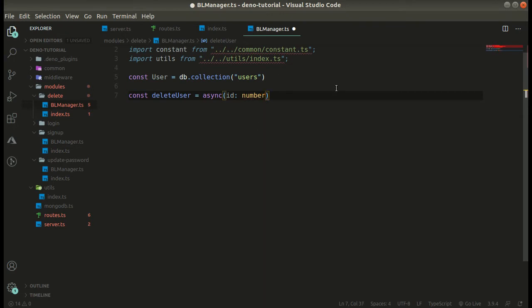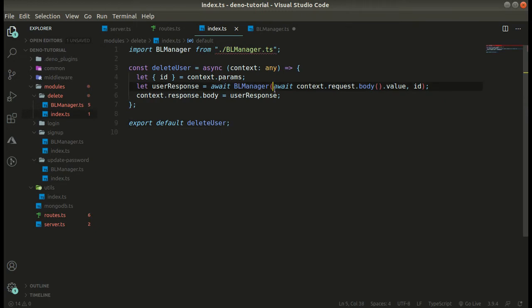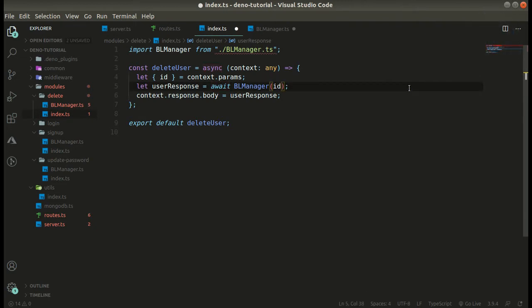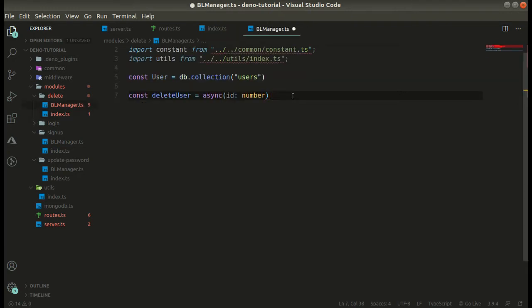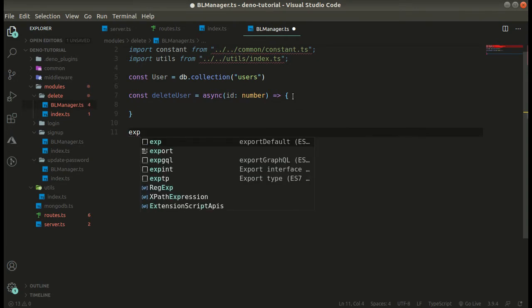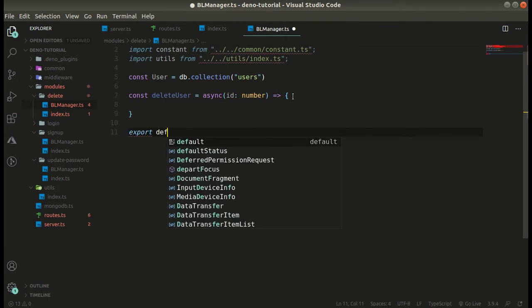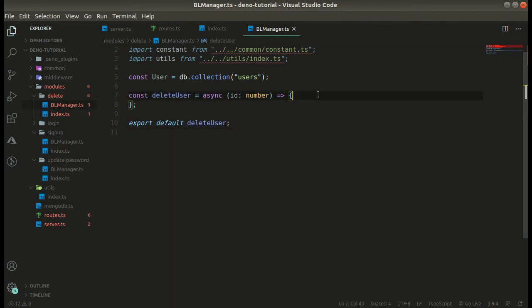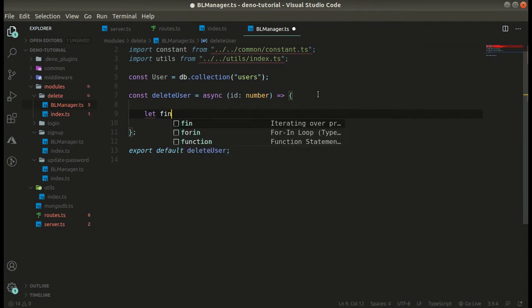We are only receiving the id, so there is no need of passing any request. And simply export this function.